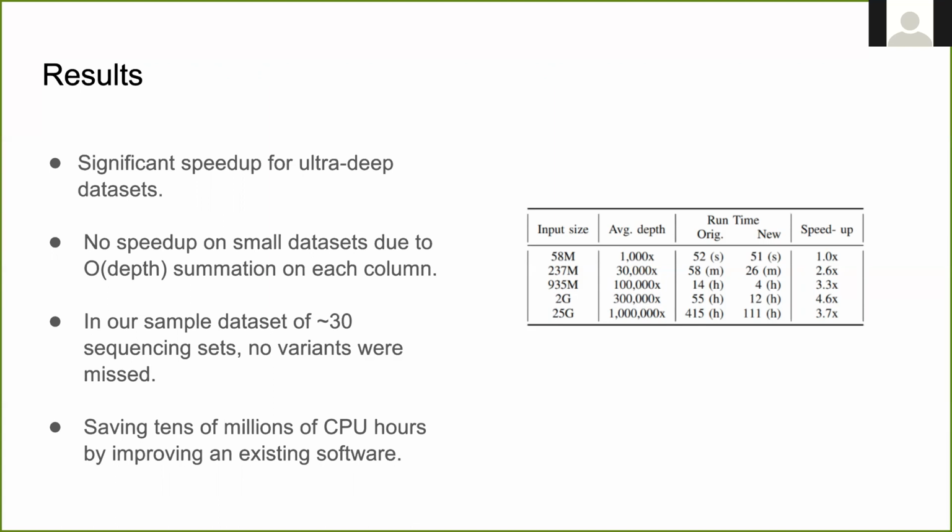And one thing that has been brought up is the fact that even though in our cases there were no variants that missed, so we had no false positives, no false negatives, it is technically or theoretically possible for this shortcutting to introduce false negatives when the approximate p-value falls significantly above the threshold, even though the exact p-value would fall below the threshold. And that's something we aim to fix in the future. But the main result here is that with these speedups, we're able to save tens of millions of CPU hours by just improving the existing low-freq software.